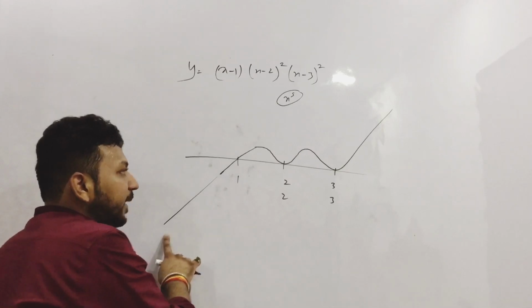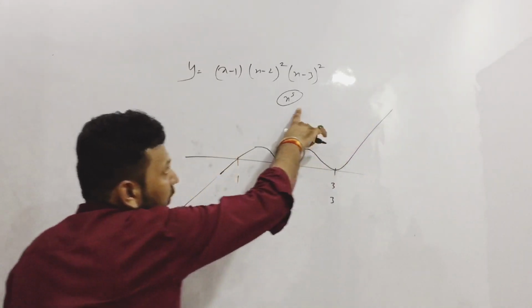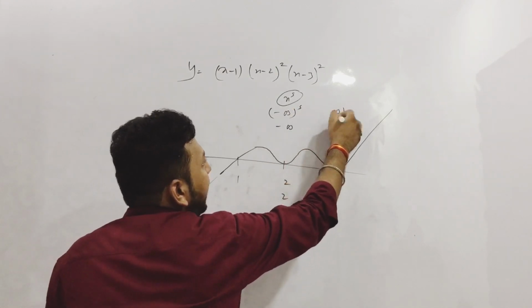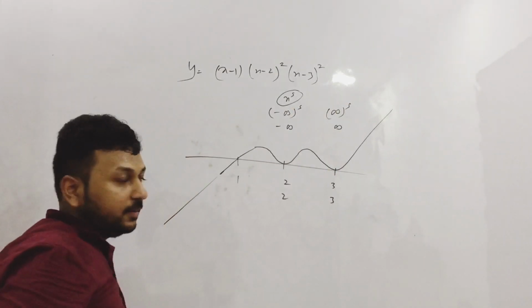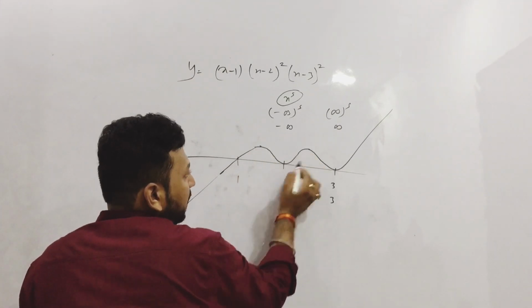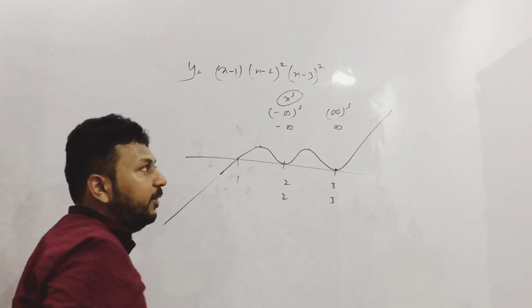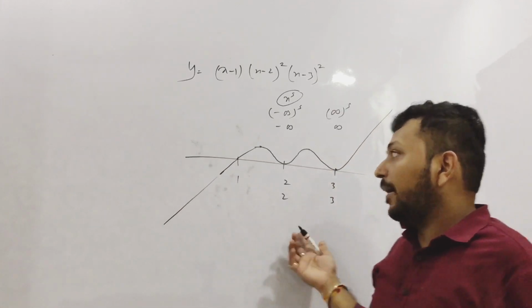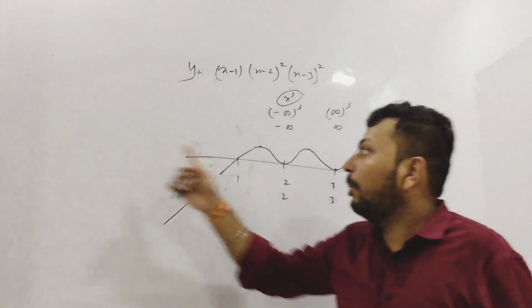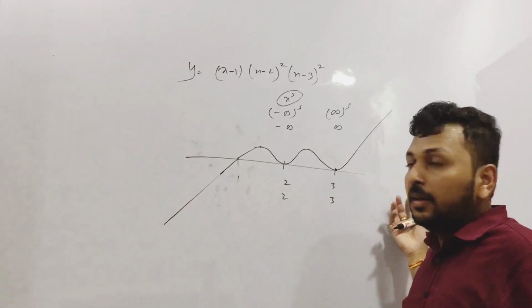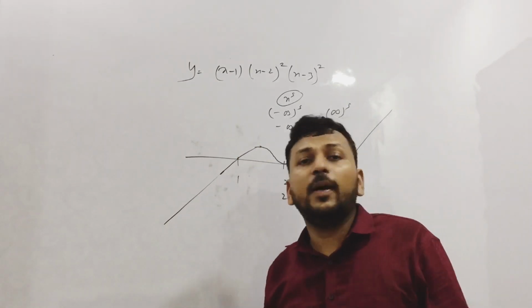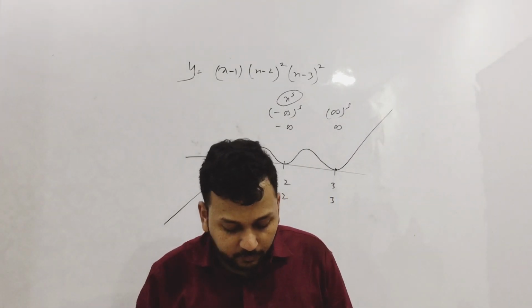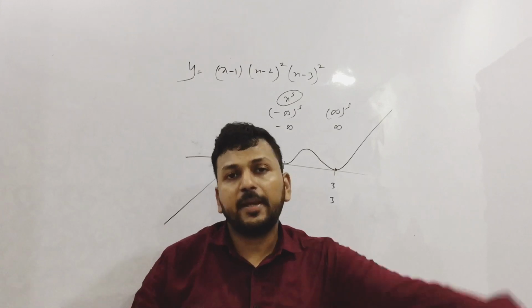Now the range is from minus infinity to plus infinity. Okay, so you can see minus infinity to the power 5 is minus infinity, but infinity to the power 5 is infinity. Yes, and these are the local maxima, these are the local minima you can find from the derivative, and this is also a continuous graph, this is also a differentiable graph, and range minus infinity to plus infinity, domain is from minus infinity to plus infinity, and a lot of other things on this function you can tell from this graph. So this is something which a lot of people make mistakes in sometimes.